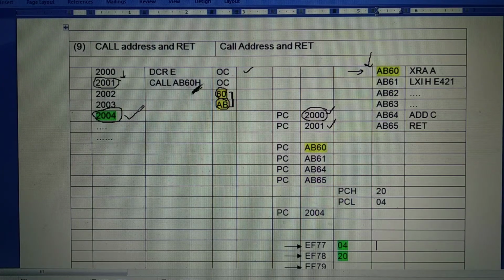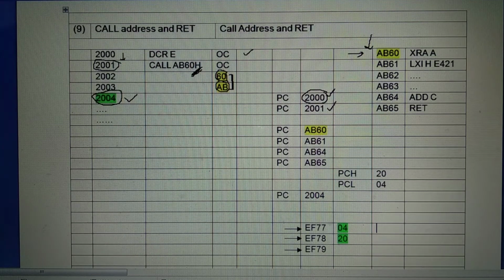Stack is a reserve memory block. Now suppose the stack pointer points to the memory location EF79.